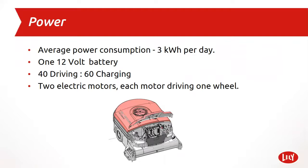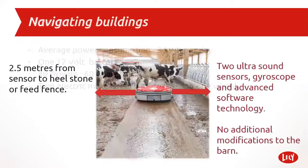So in the front there is a vacuum pump, a water pump, electrics and the battery, and also there are the ultrasonic sensors in the front, so the collector can navigate where it is. Talking about navigating,